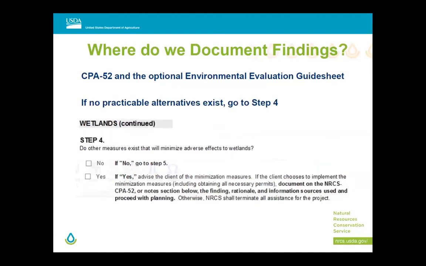So, can you minimize impacts? If you couldn't 100% avoid those wetland impacts, if the manure pit, there's no way to shift it, you worked with the engineers, and it's got to impact some wetlands a little bit, but you weren't able to avoid all of it, but you could minimize it. I've had a situation that I always give up as my example where I worked with the engineers and the farmers. I was like, we've got wetlands here. This manure pit is huge, but is there some way that we can rotate this thing or shift it or move it so that instead of impacting a half acre of wetlands, we can get it down to just a